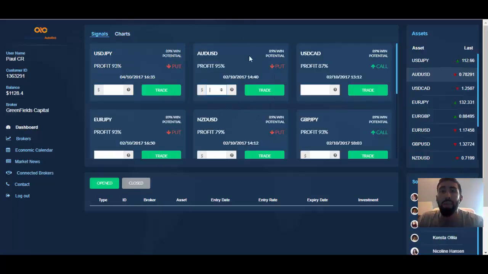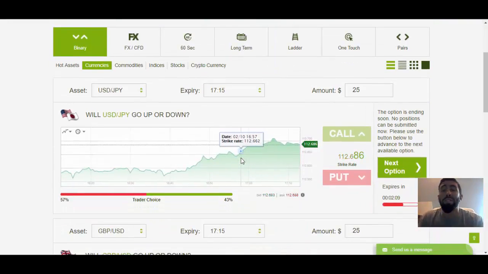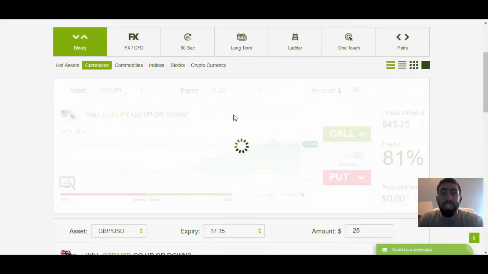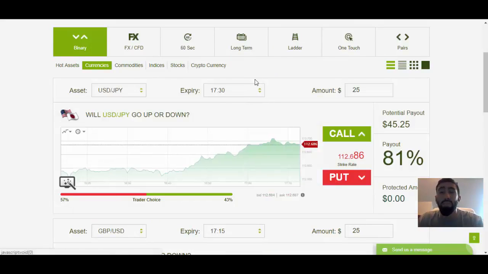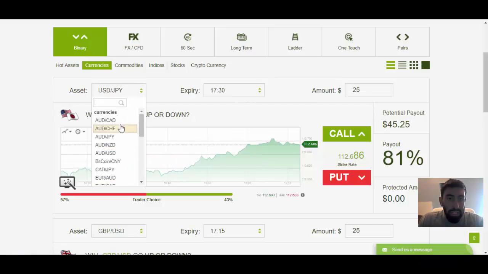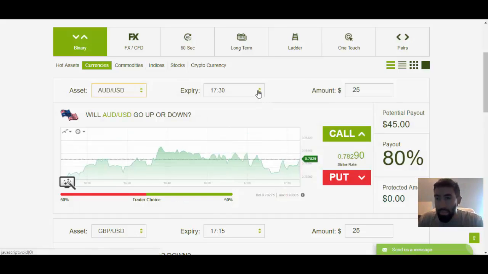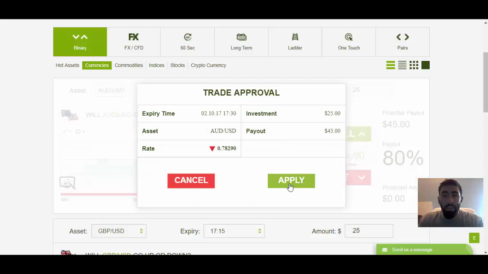Now, normally when it comes to manual trading, what I've been doing is targeting anywhere between 15 to 30-minute trades, depending on what's available in my expirations within my broker. So again, let's just double confirm AUD USD for a put. Let's go to our broker, select the Australian dollar USD. In this case, we will have this trade expire at 17:30, which is in about 15 minutes from now. So all we do is click the put trade